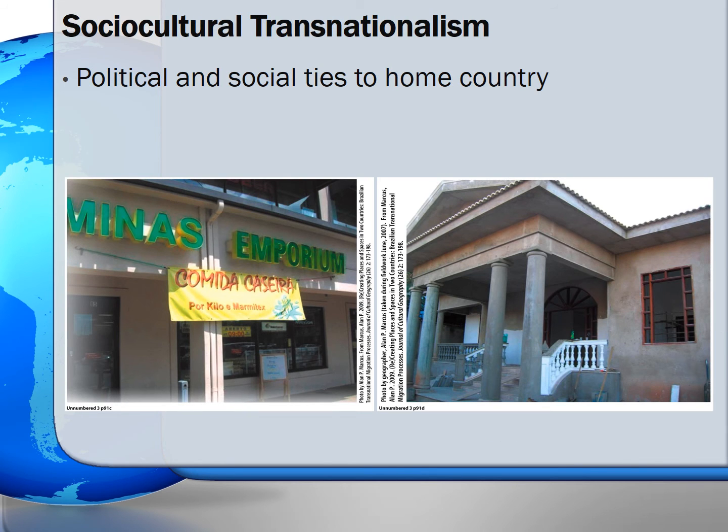Another way to track transnationalism is when immigrants create political, social, or family-based ties that are rooted in values and practices of their home country, as shown in both photos. The photo on the left is a Brazilian bakery in Marietta, Georgia. And the photo on the right is a building in Paracanhuba, Brazil, which suggests that ideas about architecture may have been from Brazilians who lived in Georgia or other parts of the U.S. South.